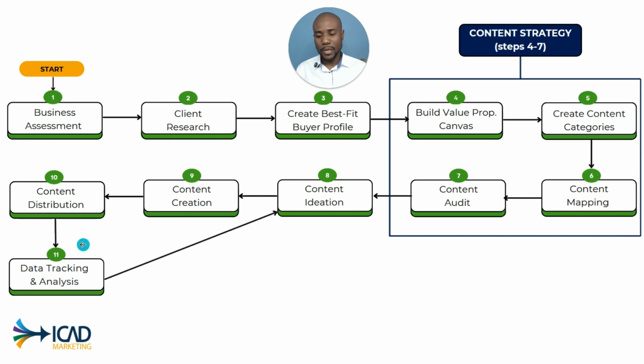If you look here, it's actually a feedback loop, because once we identify what works and why it works, we want to create more of those pieces of content. So we come up with more content ideas around the content that's working, and we go into content creation and content distribution. This creates a feedback loop, so we know what content is working and we can continue to iterate and improve the entire process.